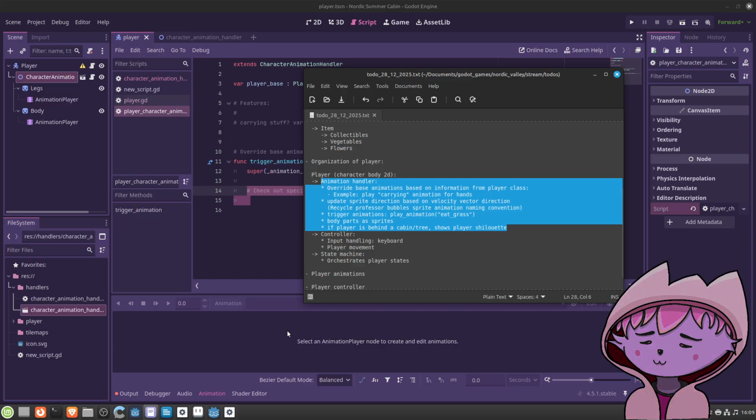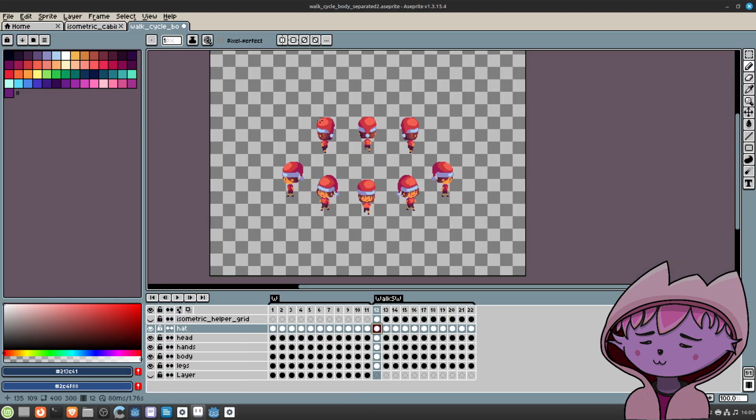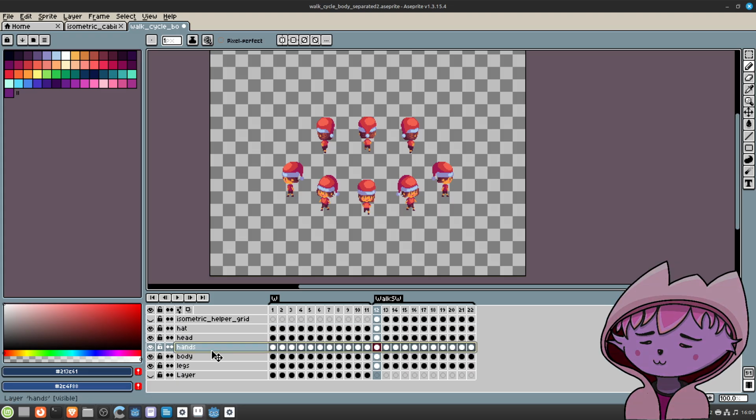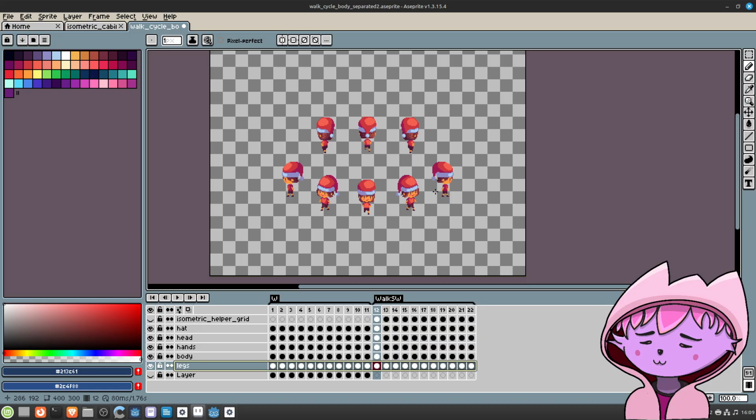I won't do this big chunk of work, separating all these first all the different directions and then exporting all these sprites. I mean all these layers. I will do that some day, some night after the stream.